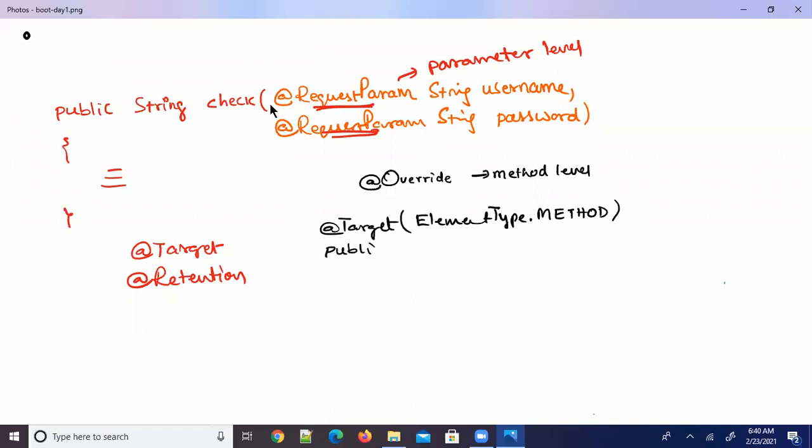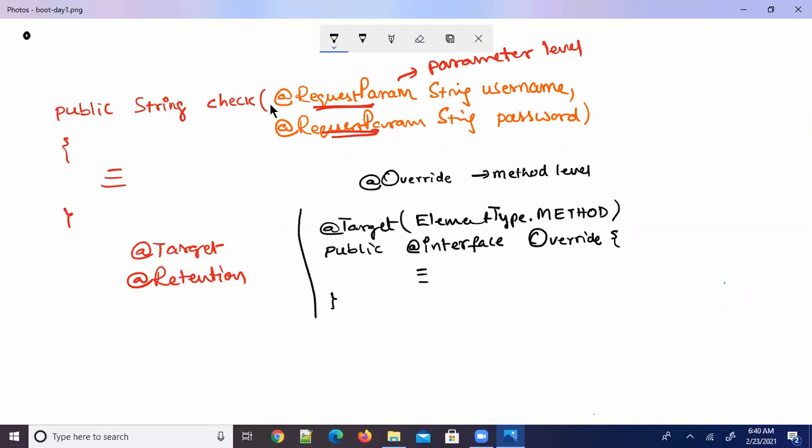Then public @interface is a keyword provided for creating annotations. The annotation created is Override. An annotation name always starts with a capital letter. Some elements or attributes are defined. Leave it. So like this, that annotation is created.